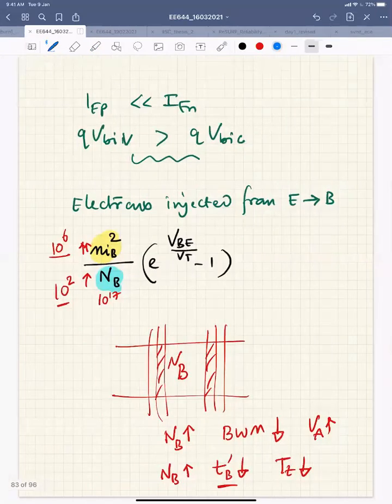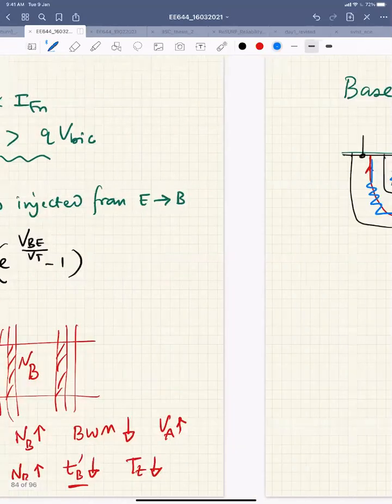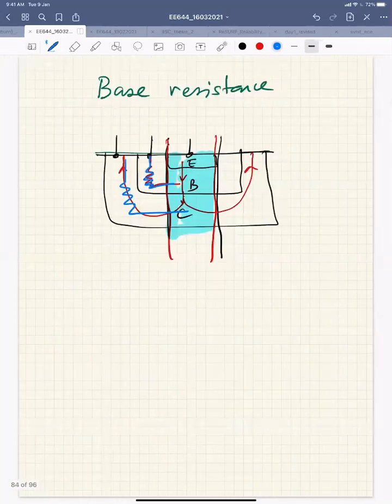Since I could increase the base doping when I go to a lower band gap material in the base, and since the base doping has increased, this resistance will also decrease. And resistance has an effect on high frequency operation. So when you talk about FT, the transit frequency, but when you talk about the maximum oscillation frequency, fmax,